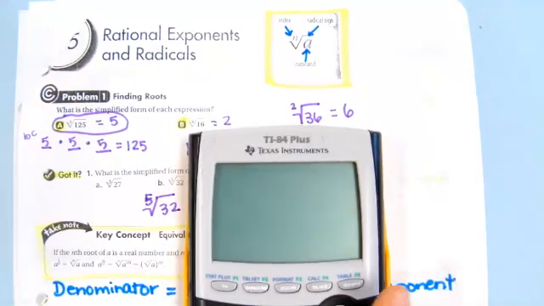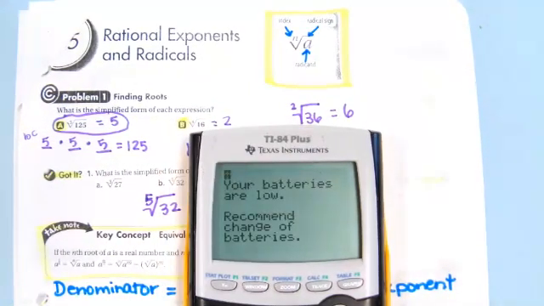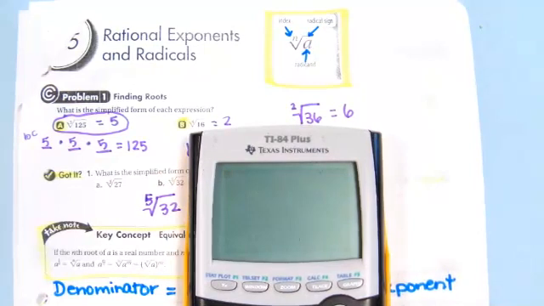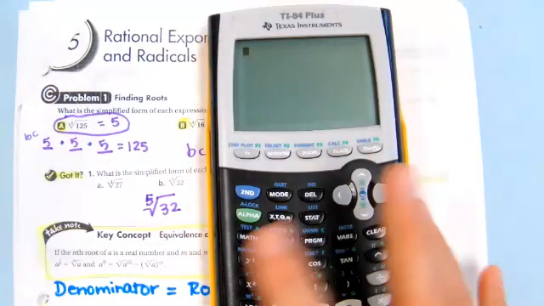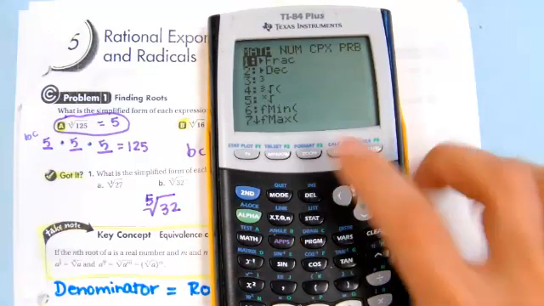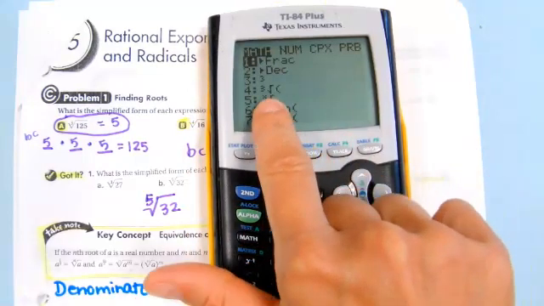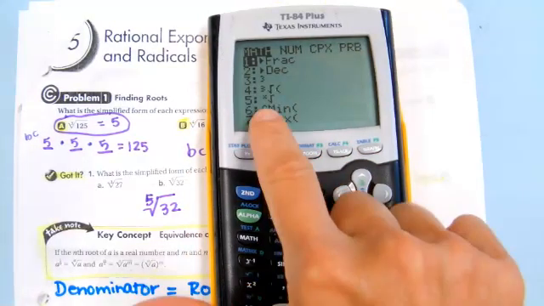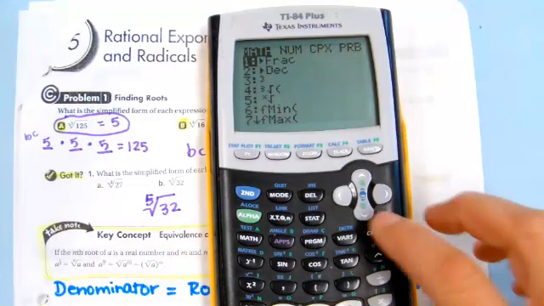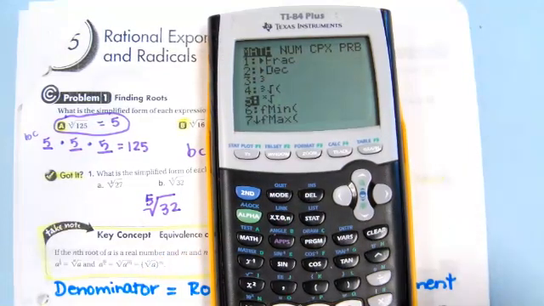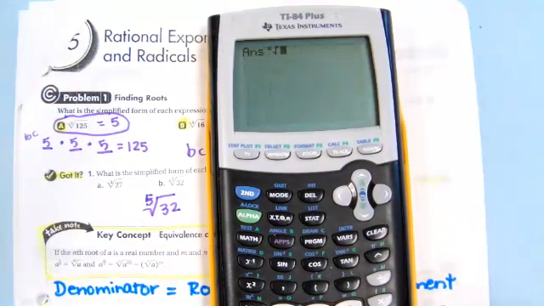So in your calculator, if you turn it on, oh, my batteries are low. The root key: there's a square root on here above the x squared, but that's not what we use. If you press math, there's a cube root on there if it's a 3, but if you want any number, see the fifth one down that says x as the index here? If you scroll down or just hit number 5, press enter, some of you will get